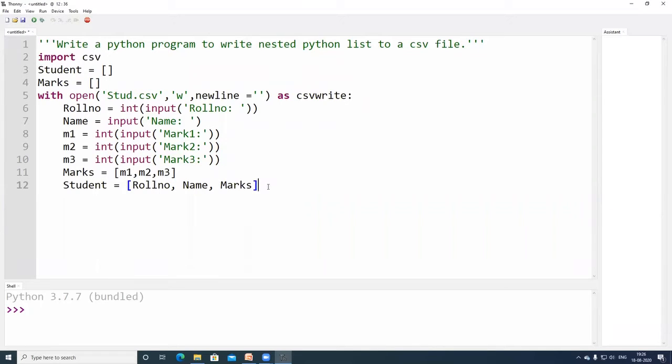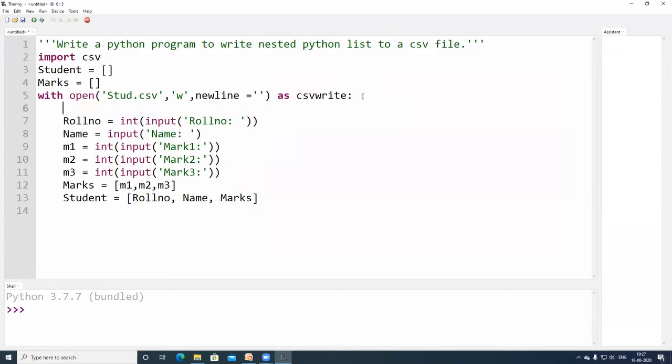Once this is done, one set of input for a particular student is over. So I have to use what? One thing we have left. Once we have opened the file for writing, I should be having an object called writer, where I am going to write using what function.